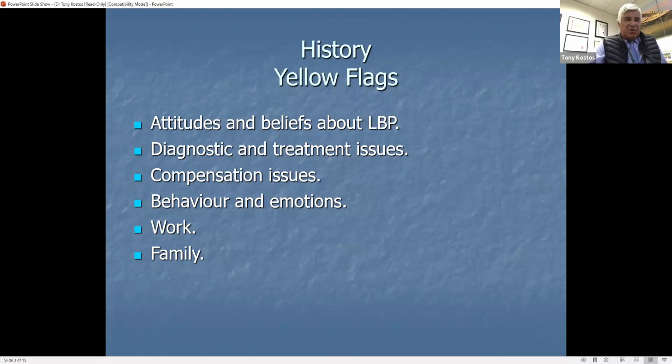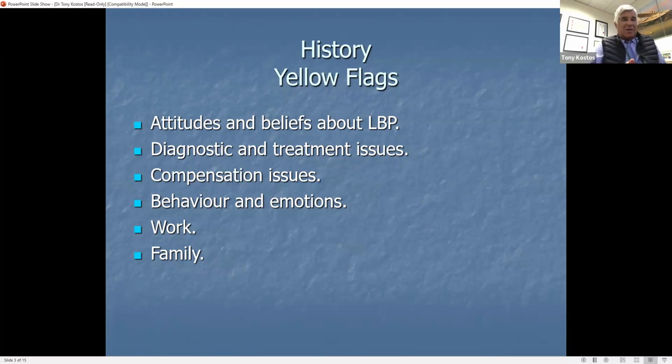Patients' behaviour, emotions, and interaction with work and family are all issues that can be important. And the other thing we have to be wary of is that you're in the business of getting independent medical reports. Norton says that if you're a claimant, you've actually got to prove that you're sick, because that's your ongoing entry into compensation. And he says if you have to prove you're sick, you can't get well. So all of these things are what I like to consider as the yellow flags.